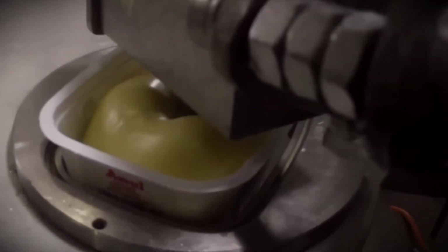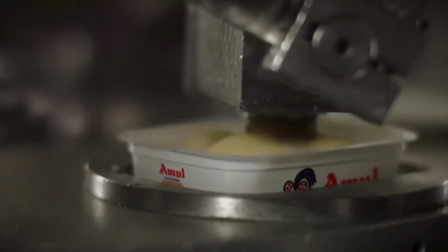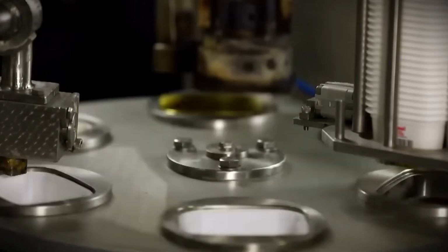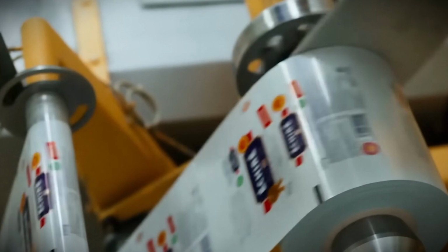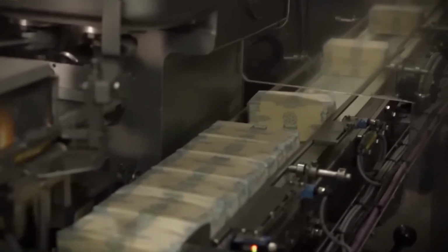These materials are intended to keep the butter fresh by preventing exposure to air and light, which can destroy its quality. The wrapping technique is precise, resulting in a tight closure that preserves the butter's flavor and texture. After wrapping, each item is labeled with important information, such as manufacturing dates, batch numbers, and nutritional information. Advanced printing methods enable firms to add QR codes on labels, allowing customers to track the product's origin and learn about the manufacturing process. The final packages are meticulously inspected before being bundled and shipped to cold storage for distribution